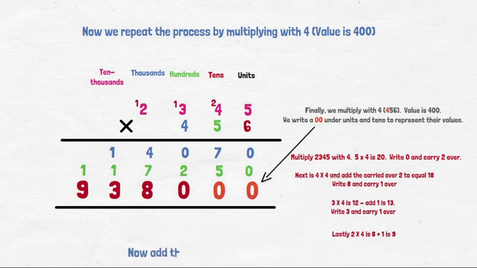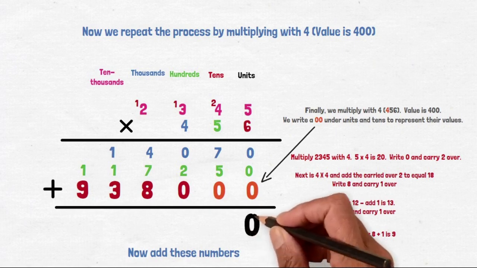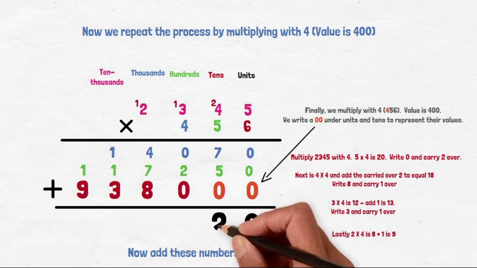Now we need to add up our digits. 0 plus 0 plus 0 is 0. 7 plus 5 is 12. We carry